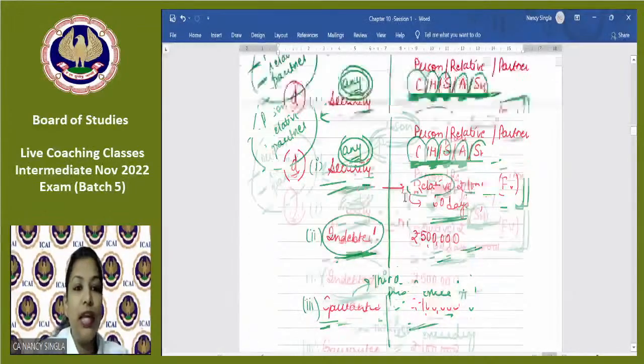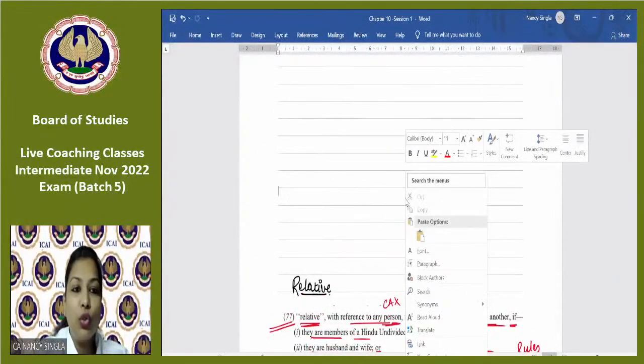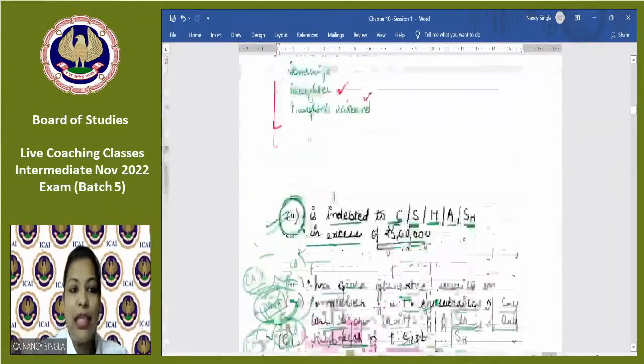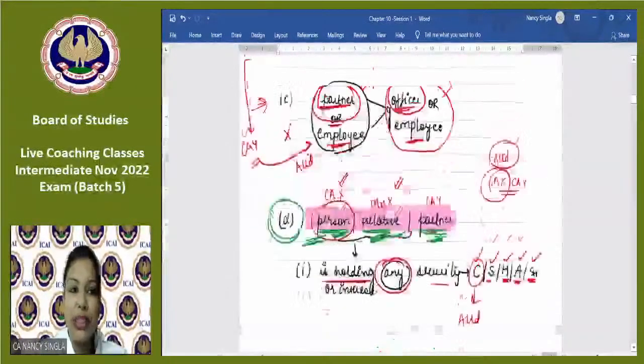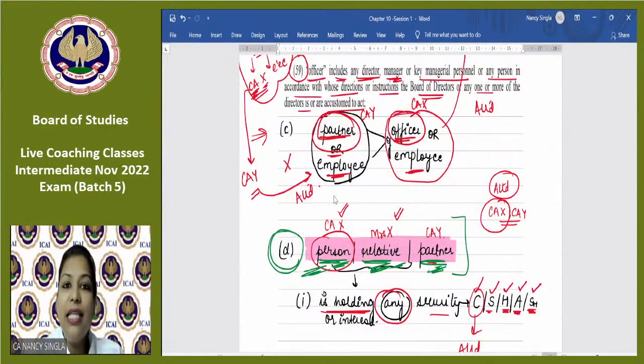Now we have done 4 clauses. Now clause E. ठीक है. So students, in clause D we had discussed the person, relative or partner, which I have marked in pink here. Otherwise, in the clauses that will come, we will be talking about the individual auditor or the audit firm जिसको appoint करना है. ठीक है. तो relative partner की as such will not be talking. However, wherever it will be specifically mentioned, I'll tell you. ठीक है. तो person, relative, partner वाला जो clause था वो clause D था.